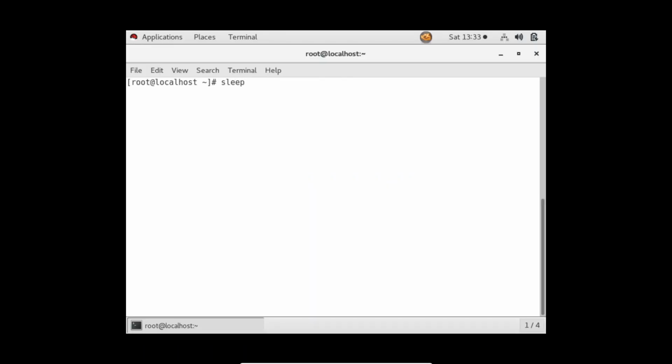Let me start one process. As you all know, sleep is a command, and if I run it, it will become a process. 1000 means it will block my terminal for 1000 seconds. Now if I do Control C,